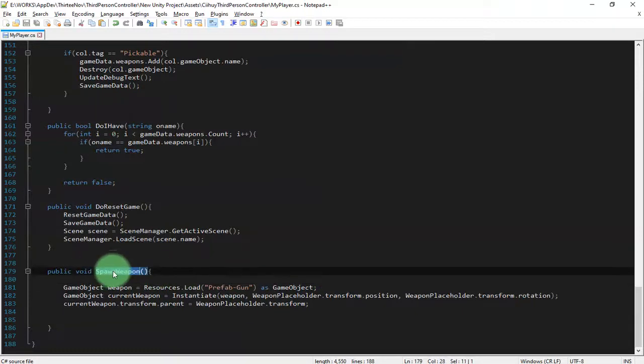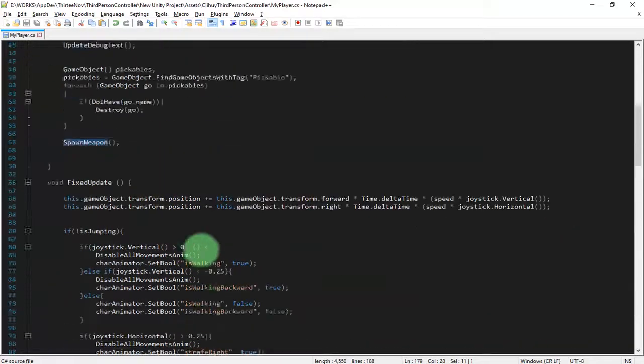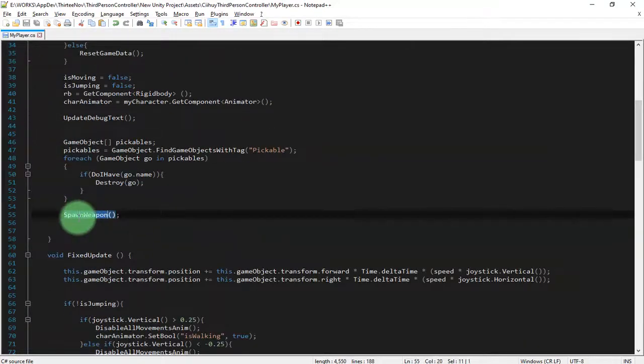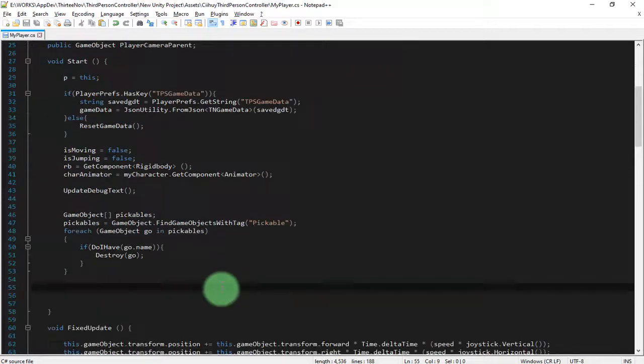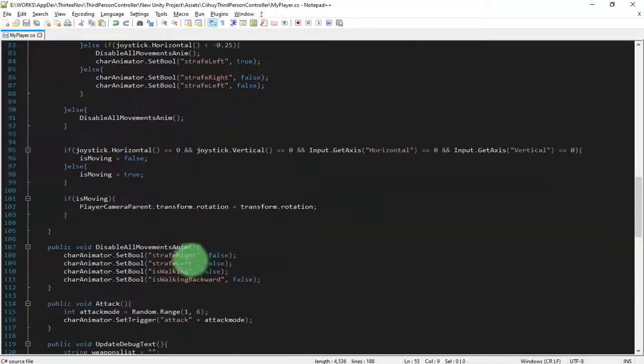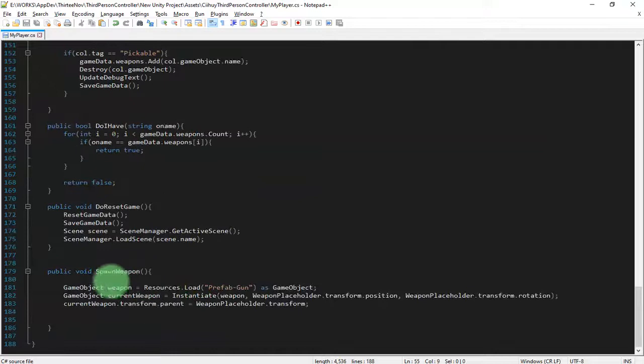Now, how to call this function? Because I was testing it, I called the function here at the start. So I need to remove it from start, and then I will need to call this spawn weapon whenever I get a new weapon.